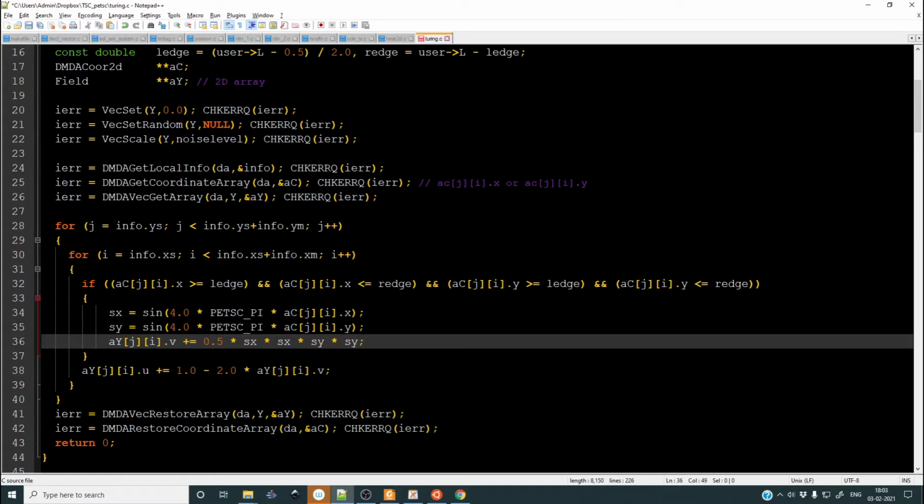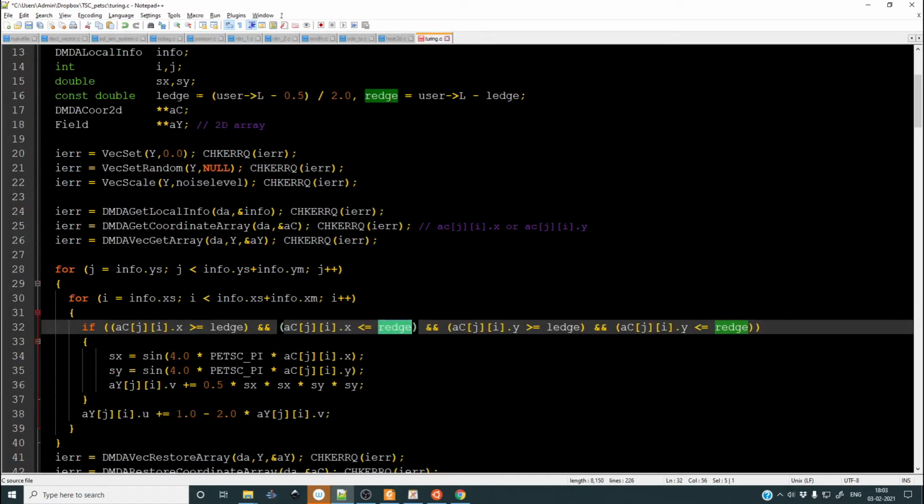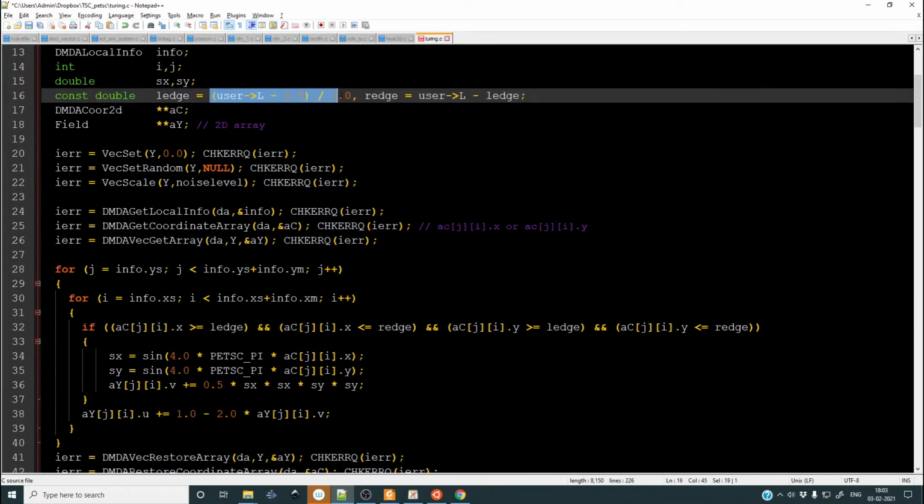L edge and R edge. So L edge and R edge are at the left edge and the right edge in the problem. Okay, so it's gonna be between 1 and 1.5 because user.l is gonna be 2.5. So 2.5, yeah. So here what we have is declare some analytical